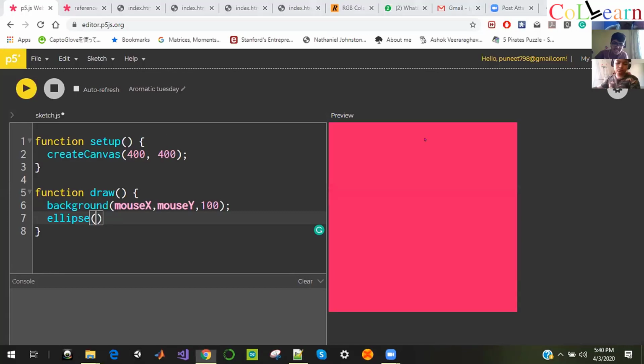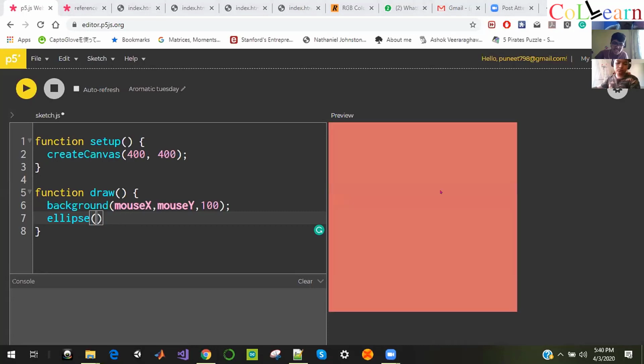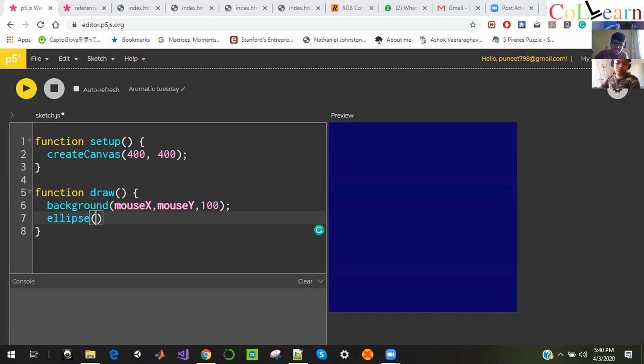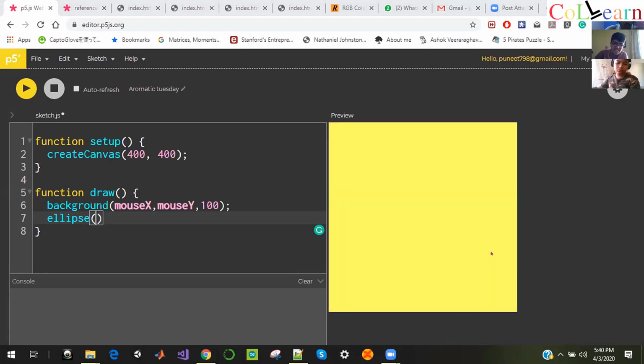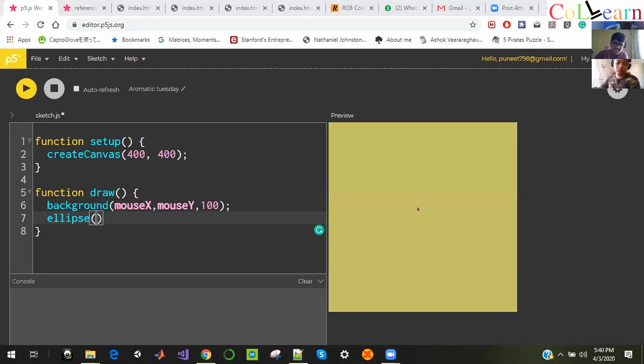That means on the left-hand side, it's written 400 comma 400. It means that this particular square that we are seeing on the right-hand side is 400 length and 400 breadth, a square. So if I point to the middle point, can you tell me the coordinate of it? Yeah. I was assuming there are not many maths guys over here, but everyone knows it.